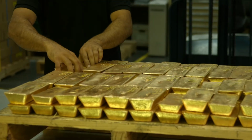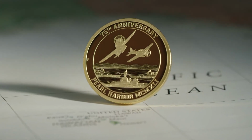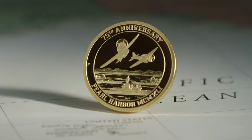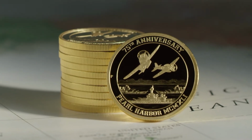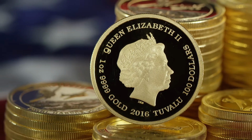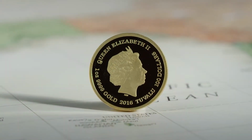possible, 0.9999 solid gold. The reverse design features an iconic scene of 3 intricately engraved U.S. Navy ships set against a backdrop of Pacific waves and Hawaii's mountainous landscape as 2 Imperial Japanese Zero fighter planes fly overhead. The obverse honors our wartime allies, Australia and Great Britain, with an official portrait of Her Majesty Queen